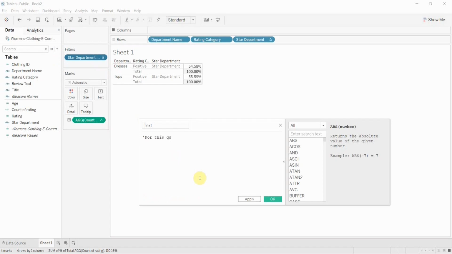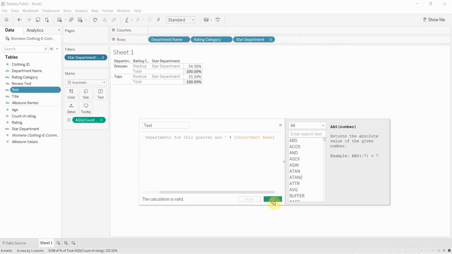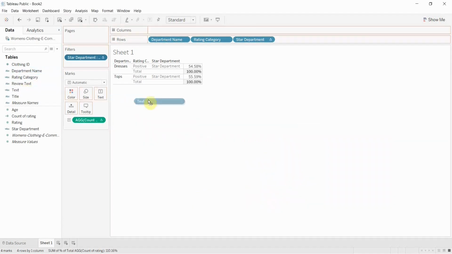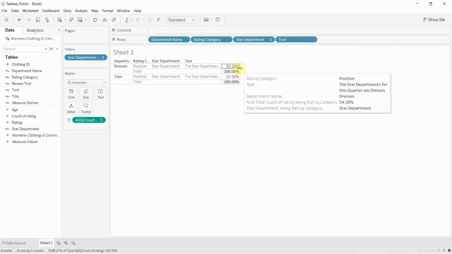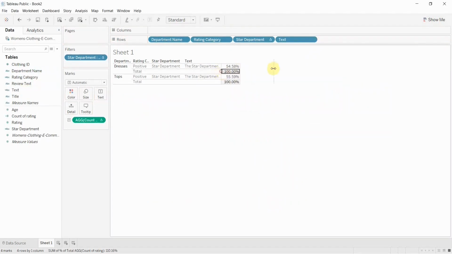for this quarter, or maybe the star departments for this quarter are, plus the department name. If I put here, now it says that the calculation is valid, and if I just bring it, it is showing the text, but if you see, it is showing the departments